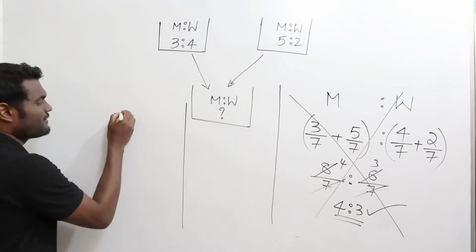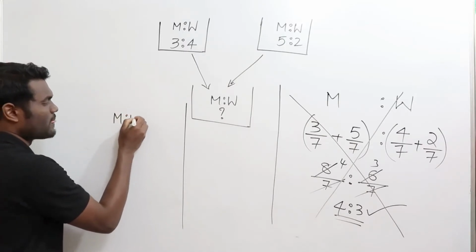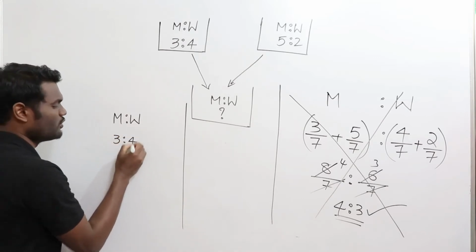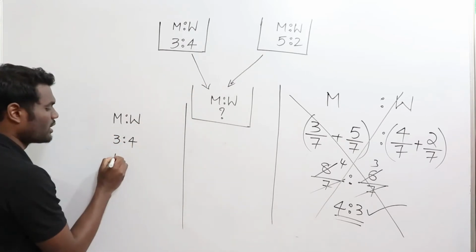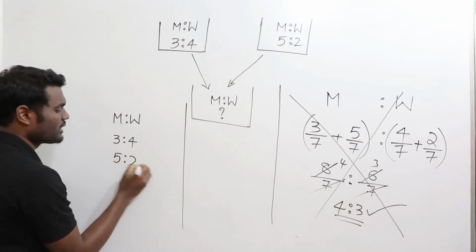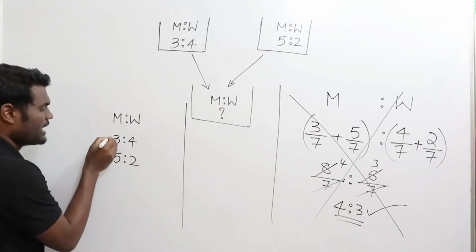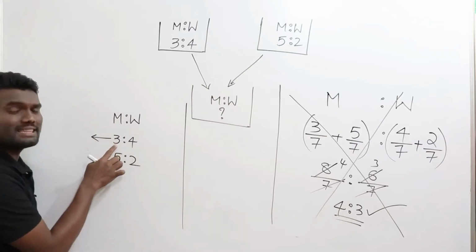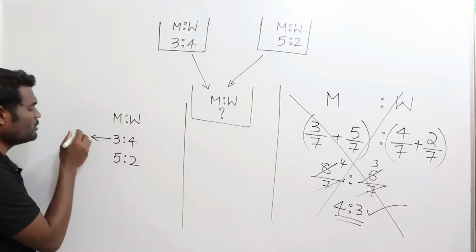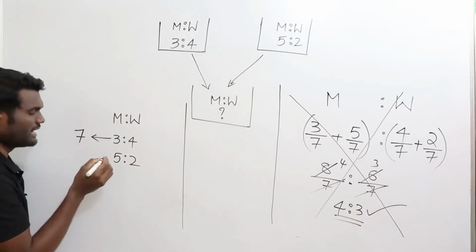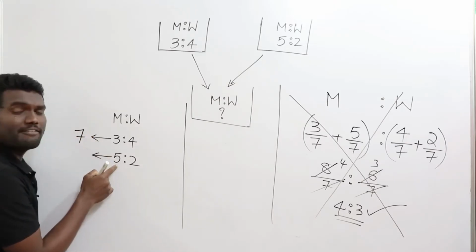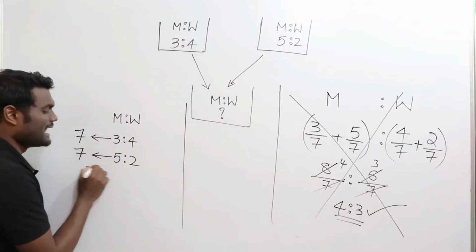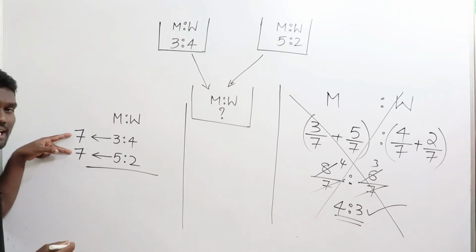In the first vessel, the milk to water ratio is 3:4. In the second vessel, the milk to water ratio is 5:2. Now look here: milk and water combined, how many total parts? Milk 3 parts, water 4 parts, total 7 parts. In the second vessel, milk 5 parts, water 2 parts, total 5 plus 2, 7 parts. Now whenever the parts are the same,